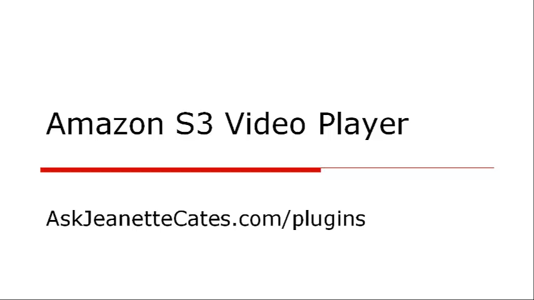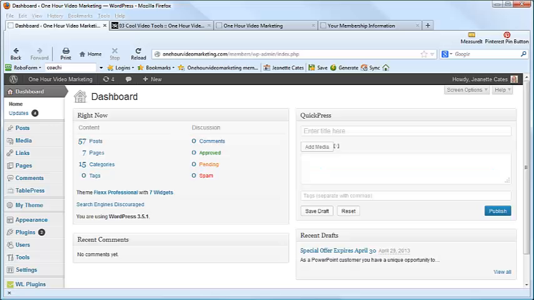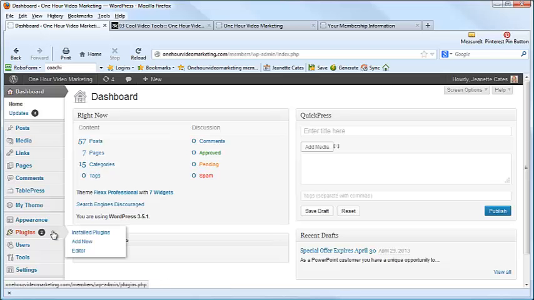How to use the Amazon S3 video player. Now, if you want to go ahead and install the player, of course you'll add plugins. So you just go to Plugins, Add New, and then you'll upload the zip file. Now, once you've done that and activated the plugin, what you want to do is go to